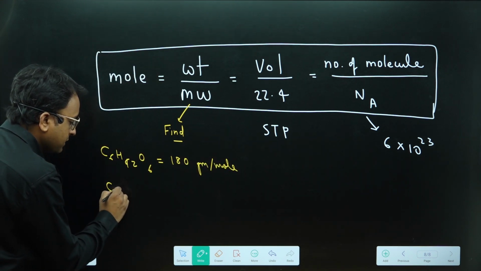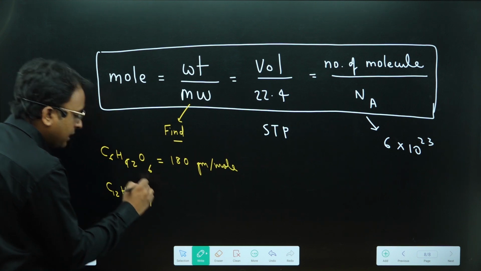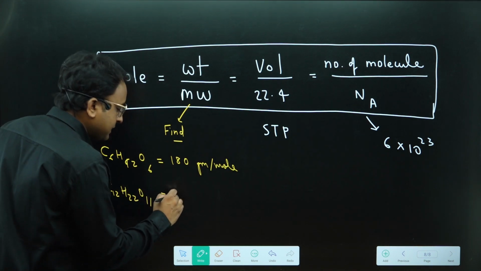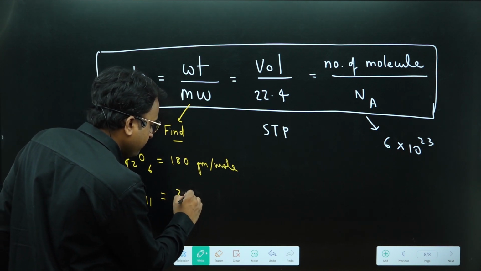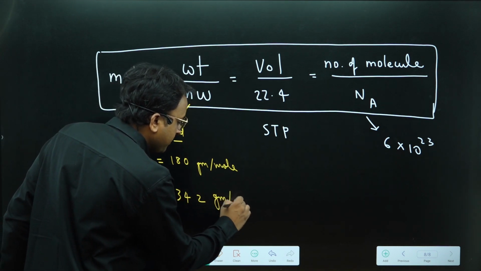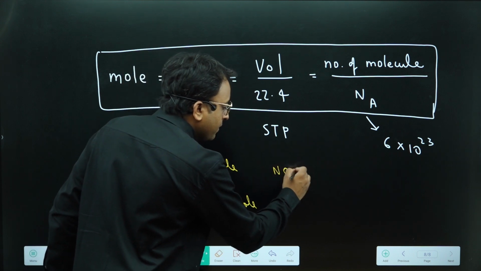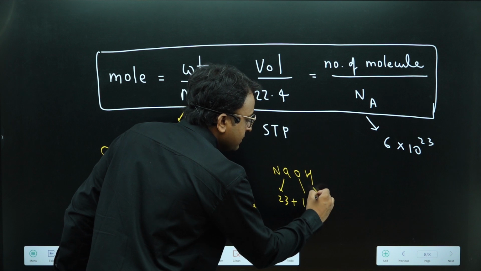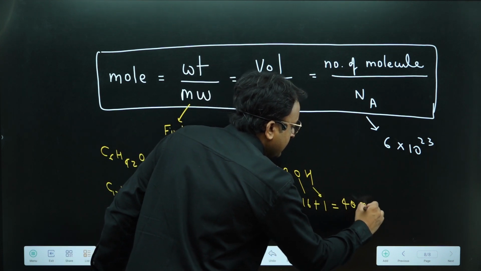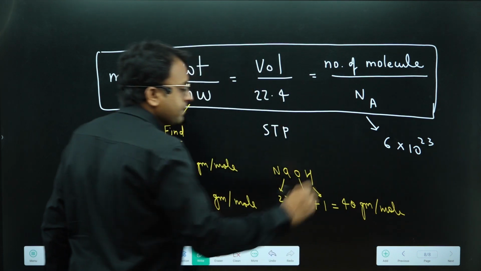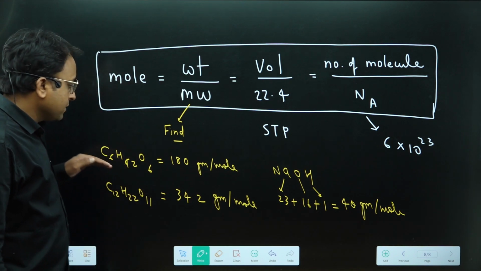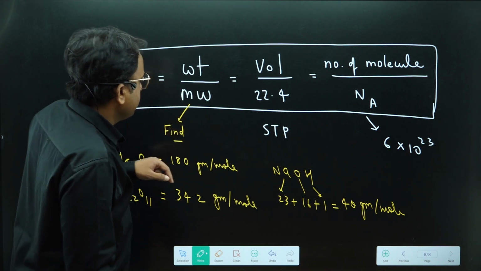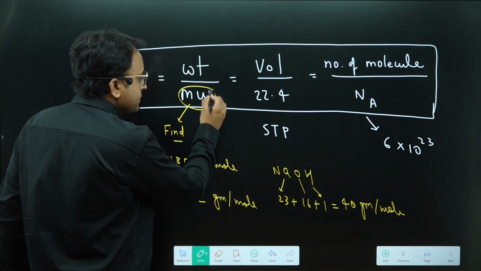For example, sucrose, C12H22O11. Sucrose, cane sugar, table sugar, has a molecular mass of 342 gram per mole. NaOH: Na is 23, oxygen is 16, hydrogen is 1, that is equal to 40 gram per mole. So these are molecular masses. So the lower term